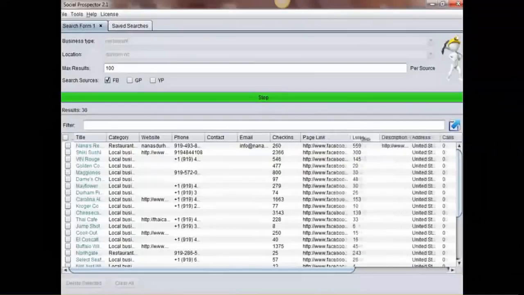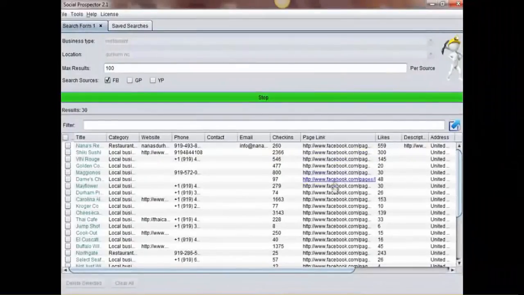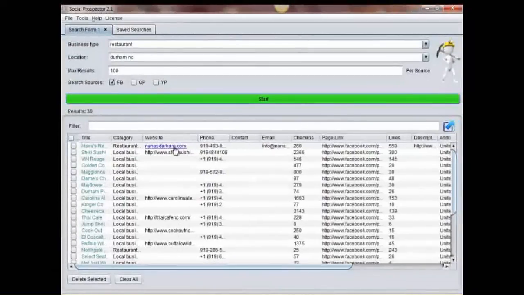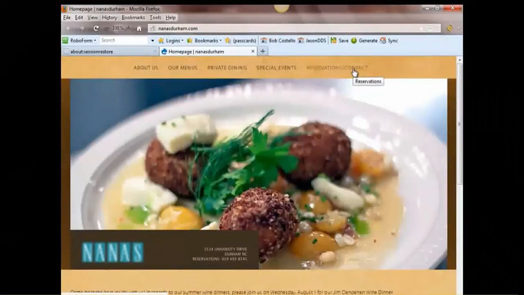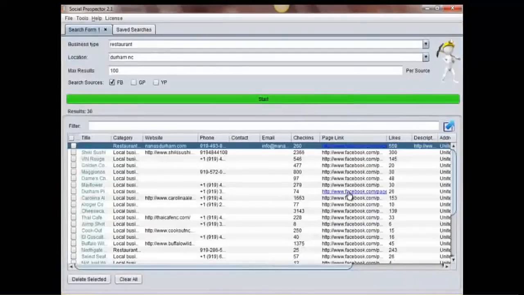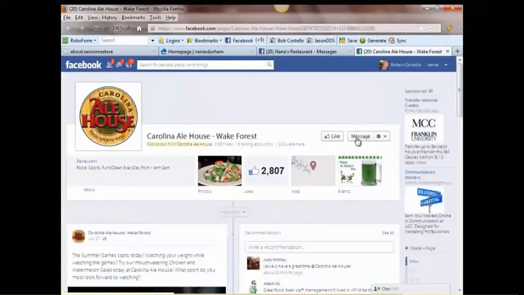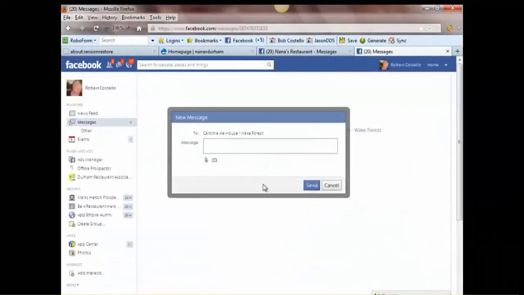Now, as you see, it'll begin to bring back results in just seconds, locating any business in your targeted area that has a Facebook presence along with other details like how many check-ins and likes the company has to date. Right from the dashboard, we're able to visit the company website, research the business, and reach them through their Contact Us page. We can also go directly to their fan page and leave a message for the business owner or admin. This is one of the greatest features the new timeline has to offer and makes it incredibly easy to build your list of prospects.